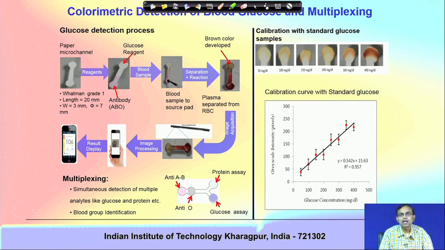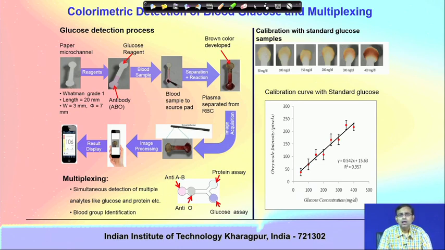You can see in the right hand view graph the colored image for various concentrations of blood glucose, starting from 50 milligram per deciliter to 400 milligram per deciliter. 50 milligram per deciliter is quite a low value of blood glucose and 400 milligram per deciliter is substantially high, right. The normal fasting value will typically be less than 120 milligram per deciliter. So, 400 is quite high.